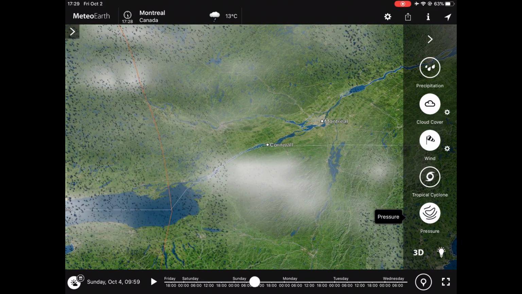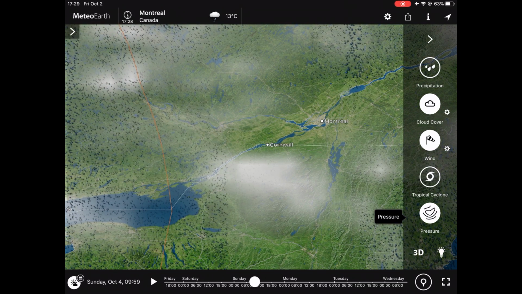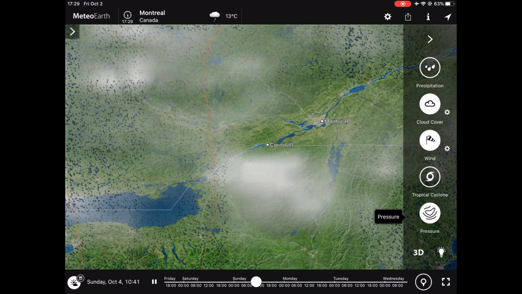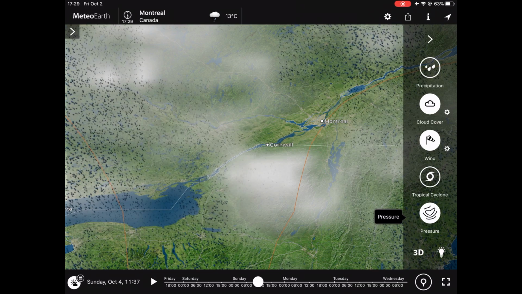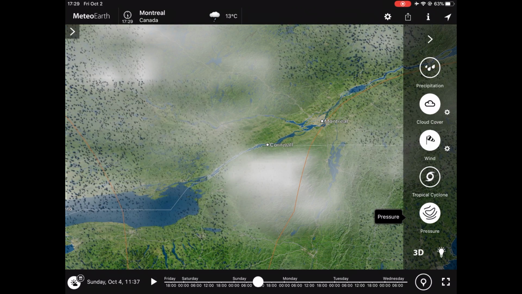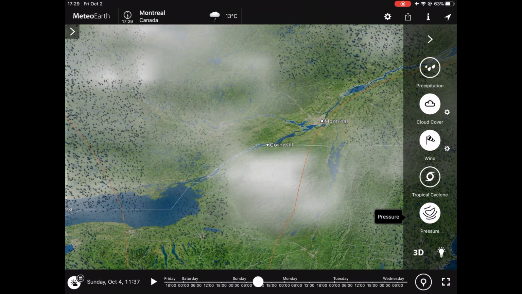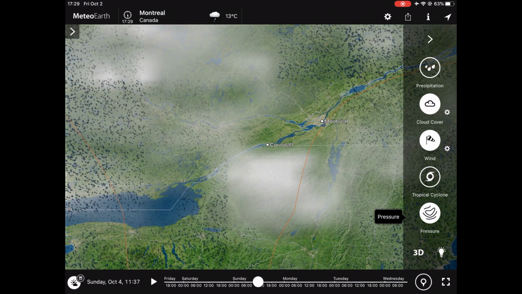Now we're going to assume that we're close to Montreal. We're past Cornwall by 10 a.m. and let's watch what the next hour looks like. Okay, so we've got at least another hour and a half after that point in time where the Montreal weather will still be good.